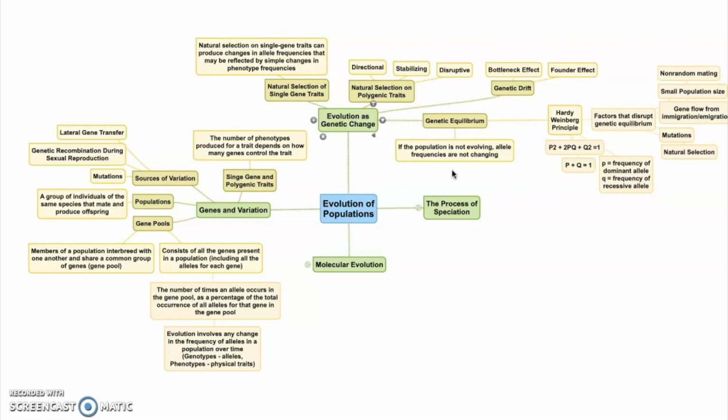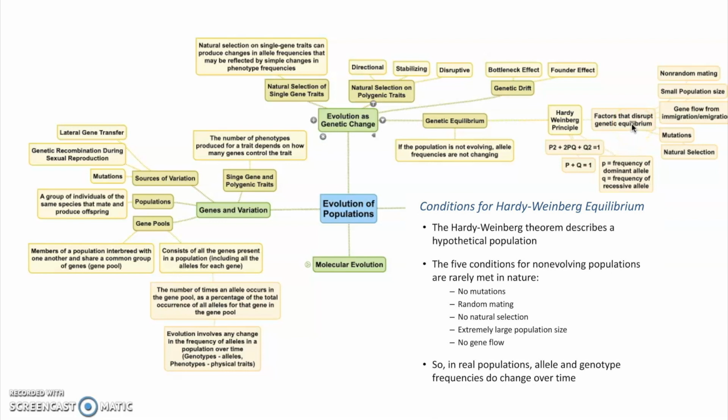You're not going to see a change in the relative frequency of alleles. And so when we're looking at genetic equilibrium, we're going to look at the Hardy-Weinberg principle. The Hardy-Weinberg principle basically says that populations are going to remain at genetic equilibrium unless certain factors are occurring. Okay, so because natural populations have non-random mating,